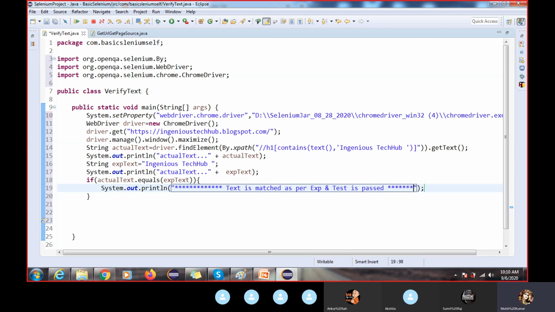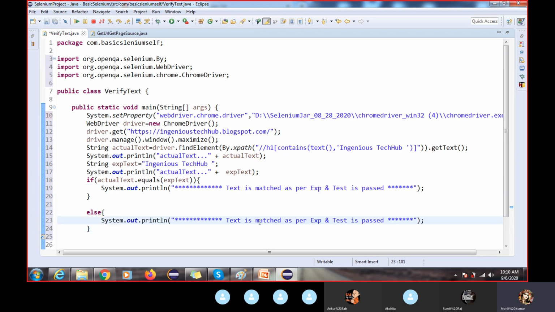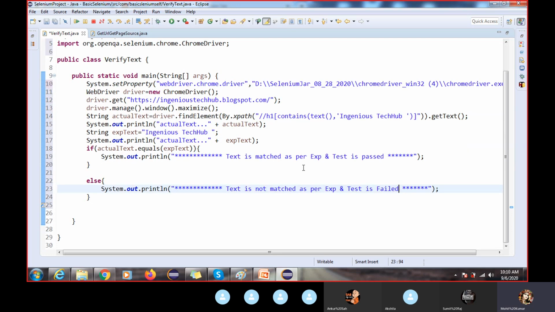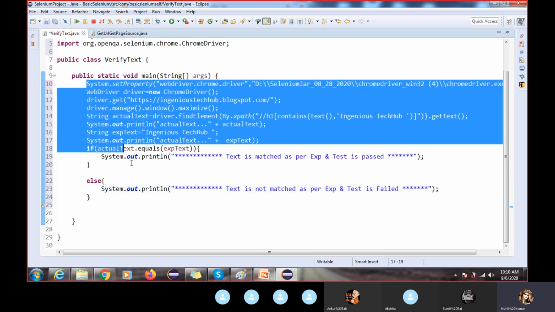Else condition, same thing, we will print "text is not matched as per the expected condition, test is failed." So this is the code we are going to validate.